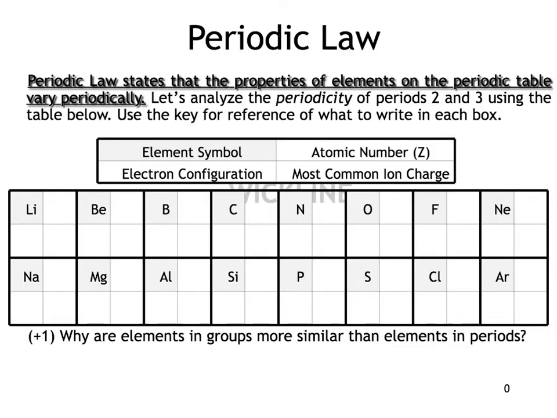Periodic law is the first thing that we'll talk about in this lesson. Periodic law states that the properties of elements on the periodic table vary periodically. So, in other words, this means that certain properties on the periodic table will repeat and then they will sort of restart. So, maybe for instance, we can look at atomic radius, which is one of the things we're going